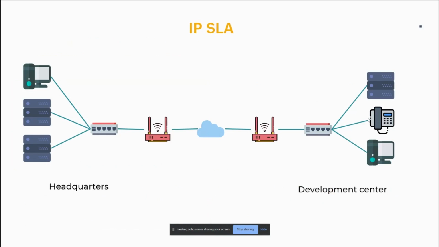Next, we talk about a specific feature in OpManager called IP SLA monitoring. This is an important aspect of OpManager. When you're working in a distributed environment, you might have multiple development centers across the globe connected to your headquarters. When you're transferring files between the development center and the headquarters, you might find a file transfer lag, or you can feel that your file transfer is very slow. Or when you try to make an IP voice call and the call doesn't connect properly, or there is a lot of disturbance in the call, you have no idea how to track all that information.